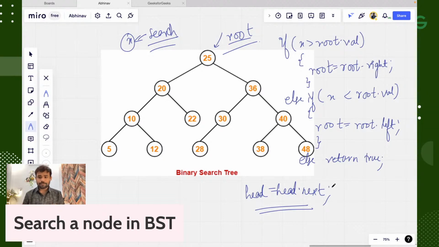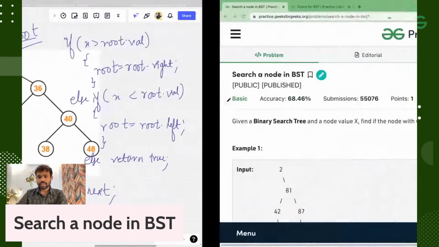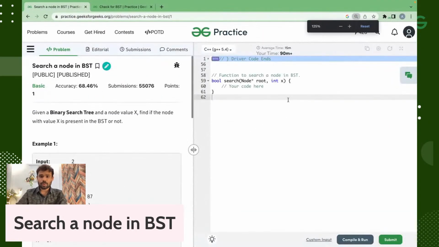Okay, is it fine? Is it correct? Is it clear to everyone? Okay, great. So now let's solve the problem. Let's solve the problem. Okay, and please guys, please help me to solve the problem. Okay,